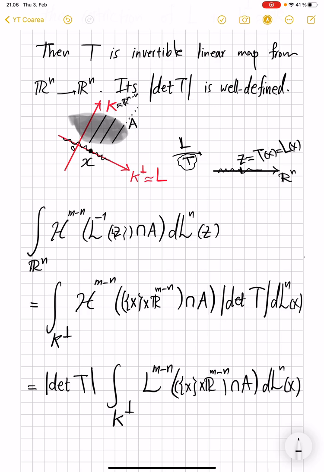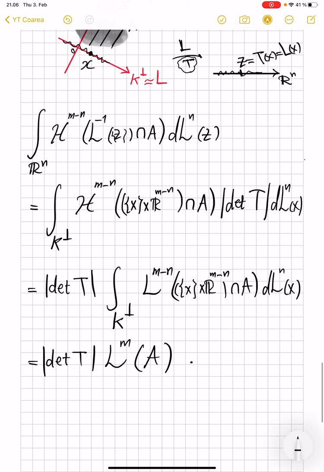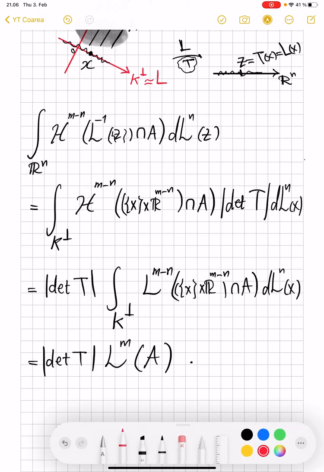So this becomes that. But now we have Fubini's theorem. If you integrate the measures of the fibers along the shadow or projection of the set A, you recover the L^m measure of the set A. Now we have the formula 3 star